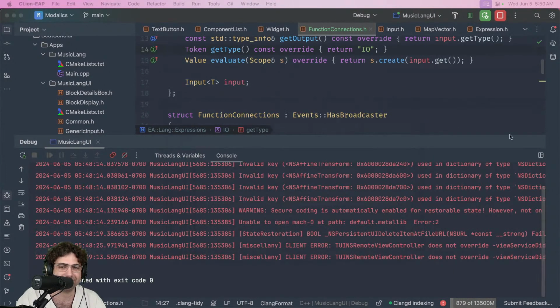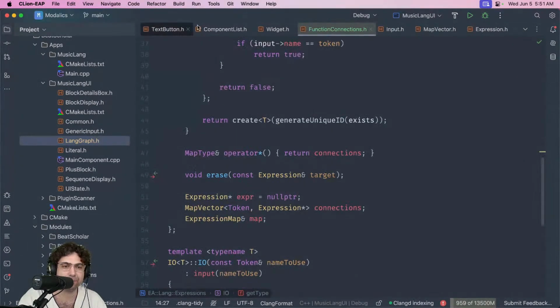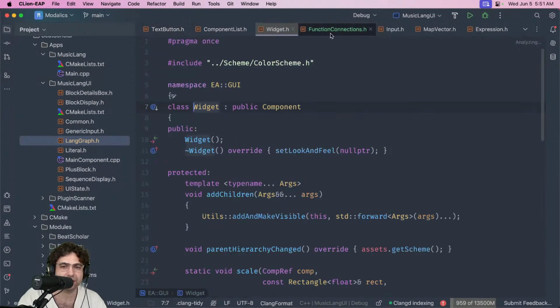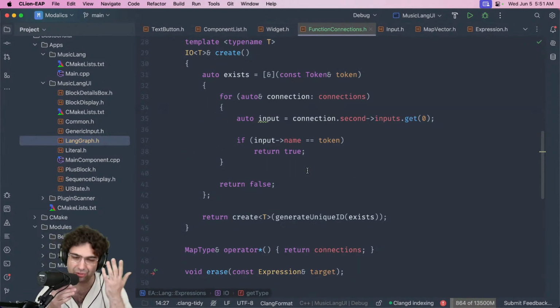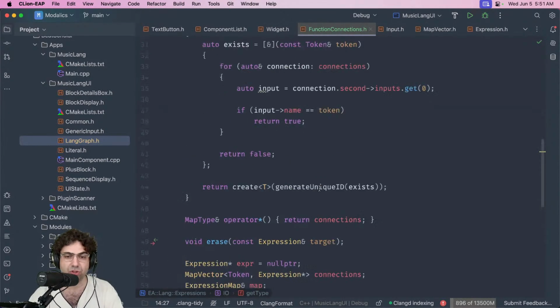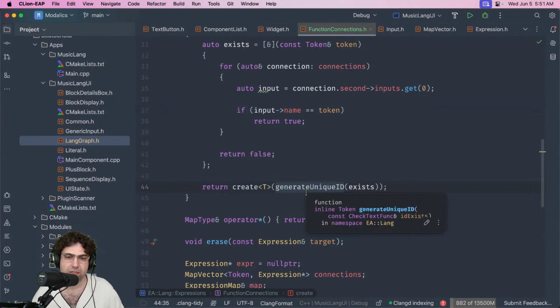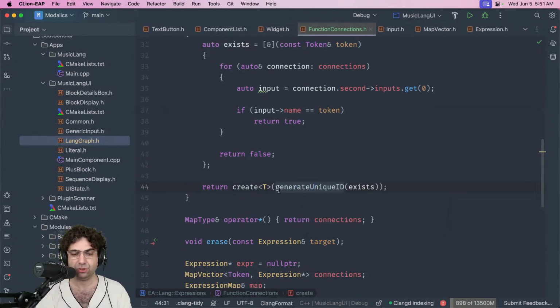So the simplest solution for this would be, I need to add a way when I create this to add something like inputs, to add some name to this. And I probably also need to work on my generate unique ID function, because currently I need to change that function. I guess I need to do two things.